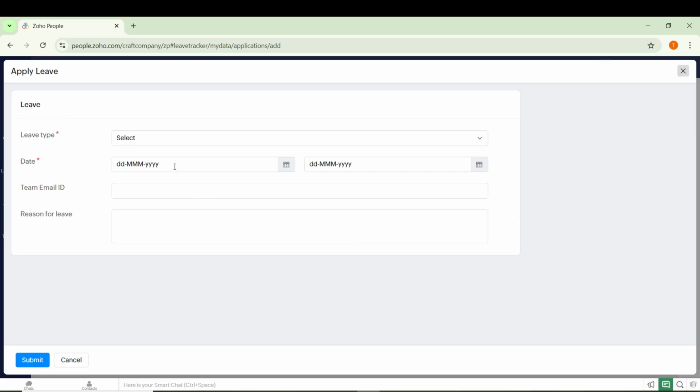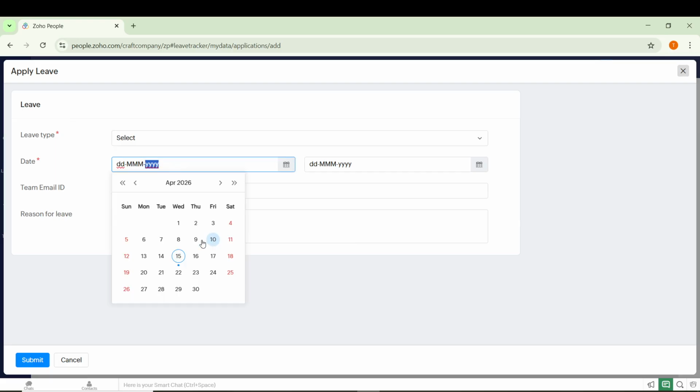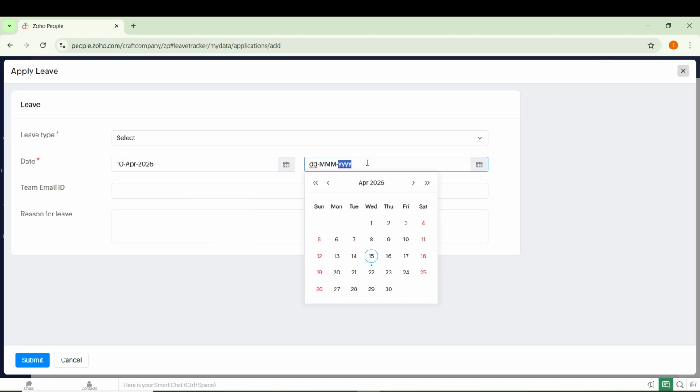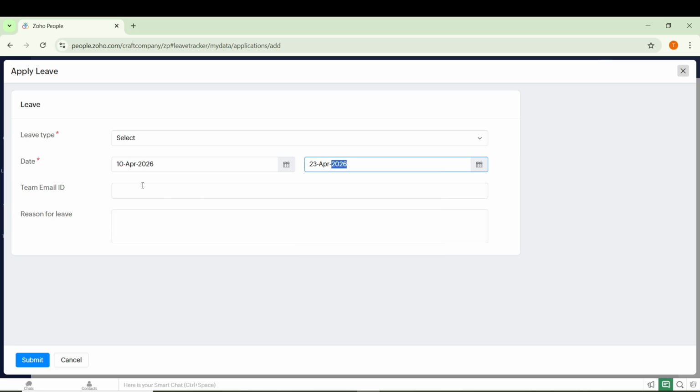After that, set your date range by choosing a start date and an end date. This tells the system exactly which days you are requesting off. Double-check the dates before moving on, especially around weekends or holidays, so the request reflects the time you actually need. If you are requesting multiple consecutive days, confirm the end date is correct, so you do not accidentally request extra